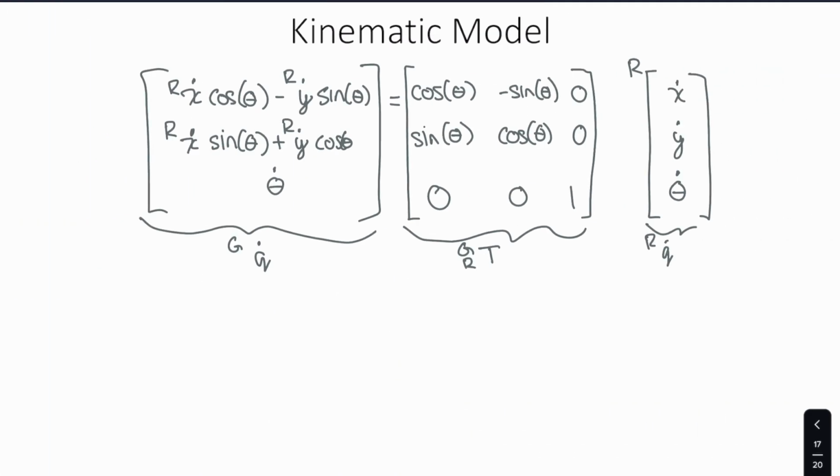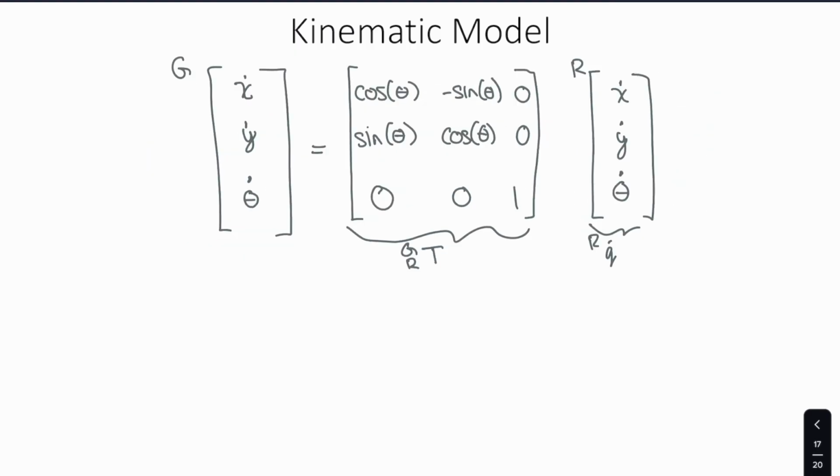And now focusing on this equation, we can see after some quick cleanup here what the relationship between our input signals are, which directly impact x dot and theta dot, and how the robot actually moves in our two-dimensional plane and rotates in our two-dimensional plane. So to take this one final step, we could